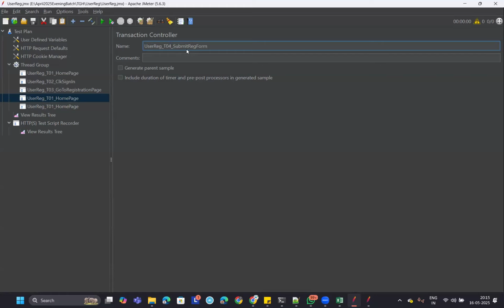Enter details and click submit. You can give it like that also, but I would prefer to give submit registration form. And then the last transaction is logout. Logout. And observe here, see, observe here,